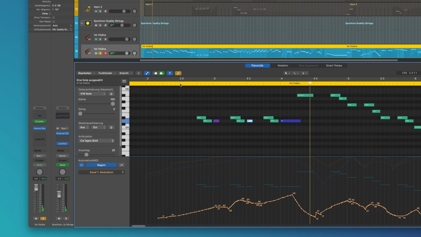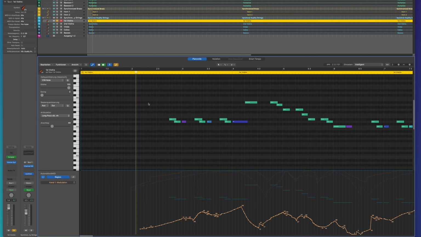Now let me show you how I used the articulation set to shape the performance of duality strings. If we look at the beginning of the symphony, for example, for these first notes I chose agile legato because they're fairly fast, and I chose a fast note attack because they should begin almost immediately. For the short notes I chose détaché marcato agile. My approach here was just to listen and then select the articulations that work best in my opinion. Notice how well they work together when I play them.